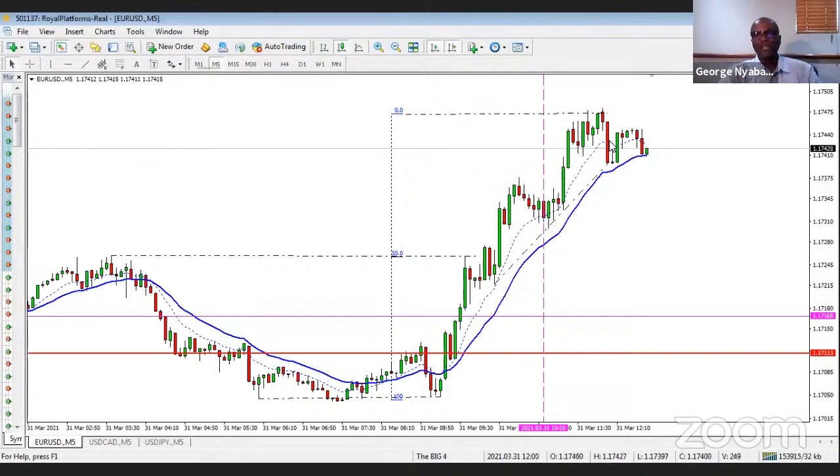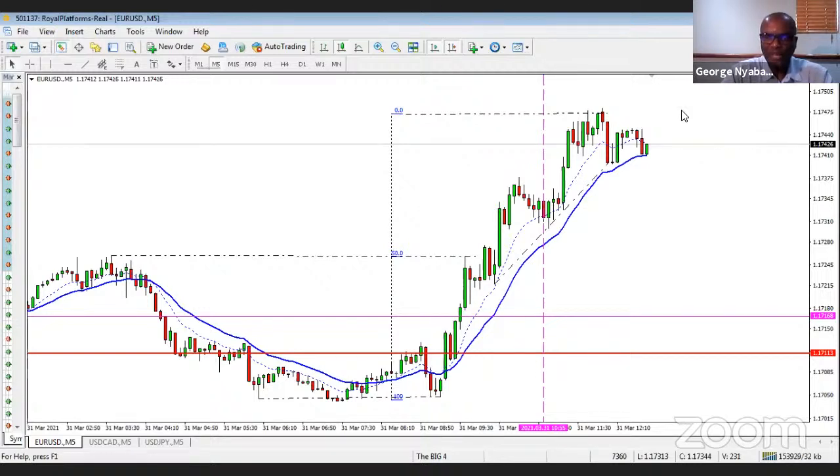Any reversal trade, I need to see the market breaking beneath the 20 moving average. That shows me that the bears have got strength. And then I would like to see if the bulls are strong enough to try and resume the trade. And if they're able to do that, will the bears who created the break beneath the moving average be strong enough to create a double top? And if they can, then we wait for a lower high and take the trade. So as of now, the market is still bullish, and we have to wait and see what else comes up.